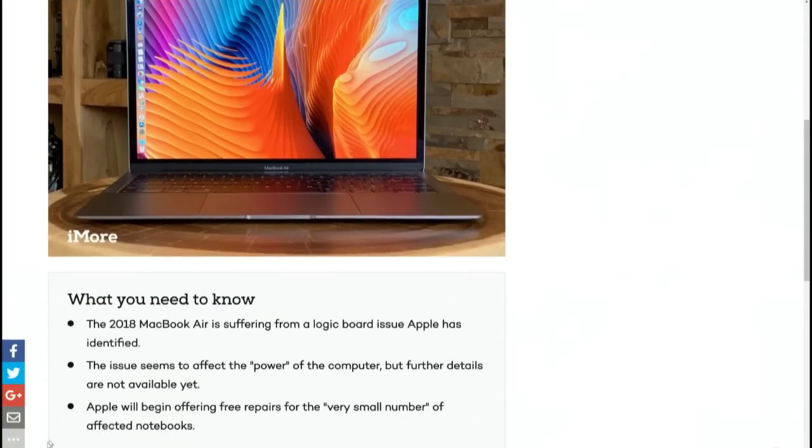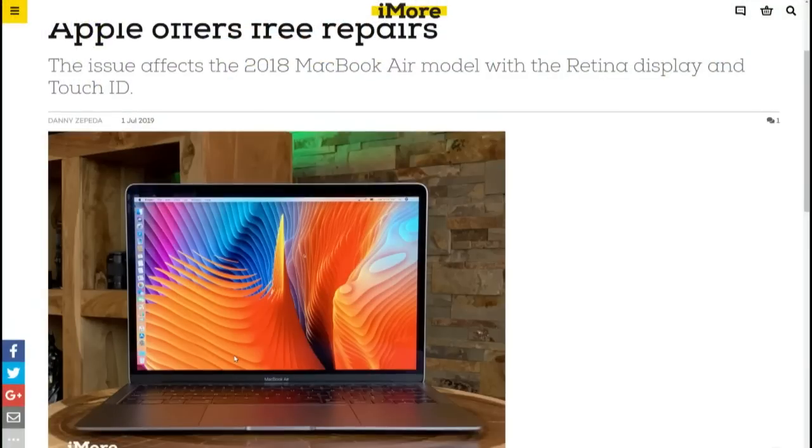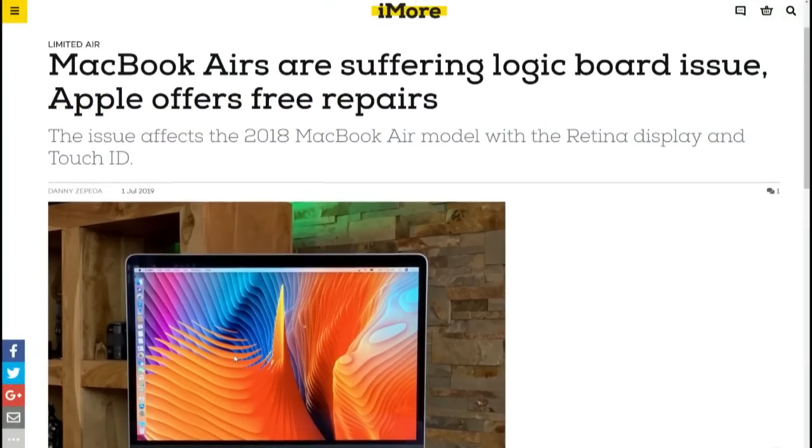I have one of those, but I think, according to your article in iMore, that you should just go to the Apple site and enter the serial number, or how would you know? Yeah, Apple typically has you. Go ahead, Lori. No, you go ahead, Renee. See, when I said your article, actually, I was talking to Danny Zapata, but since he's not with us. I did the previous one, I think, and then he did the next one. I got confused, too. You would go to the Apple site and enter your